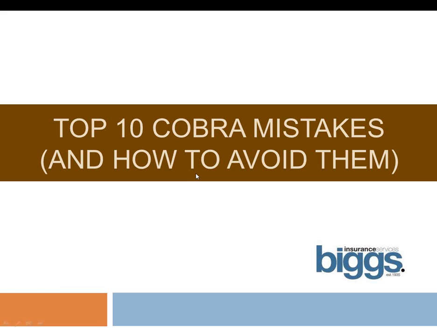We have a webinar. It's going to take us about 20 to maybe 30 minutes, depending upon the questions, regarding COBRA administration. It's something that a lot of employers are looking at, or at least reviewing at least once a year. Our topic today is the top 10 mistakes and how to avoid them, because one of the challenges that we continue to hear about is the new auditing that's going to occur regarding the IRS and having to do with ACA penalties and some of the other follow through there.